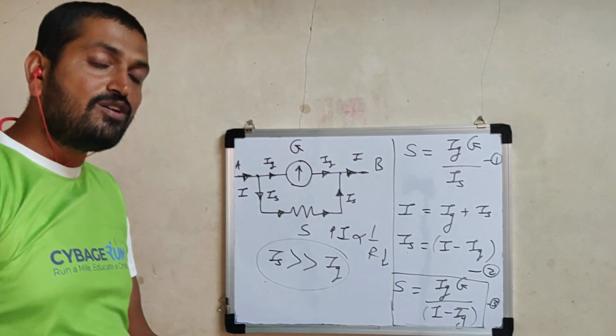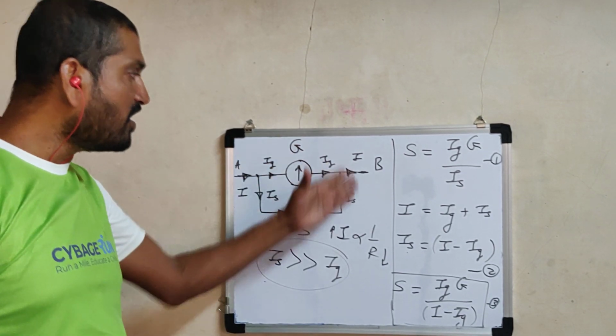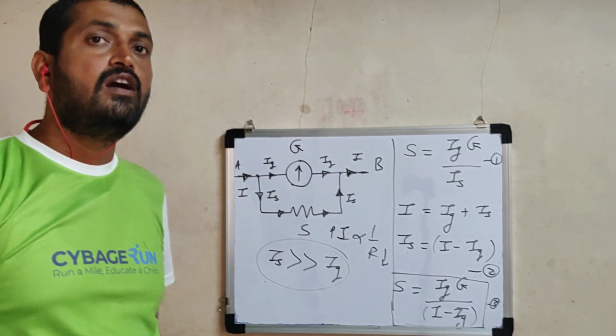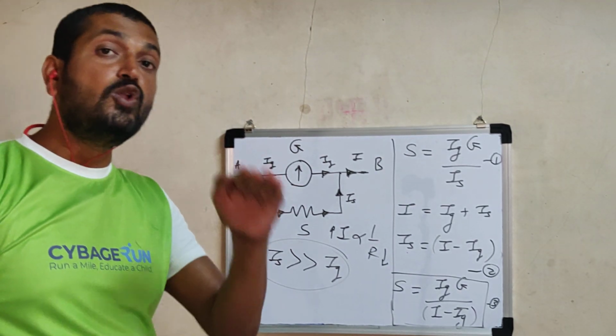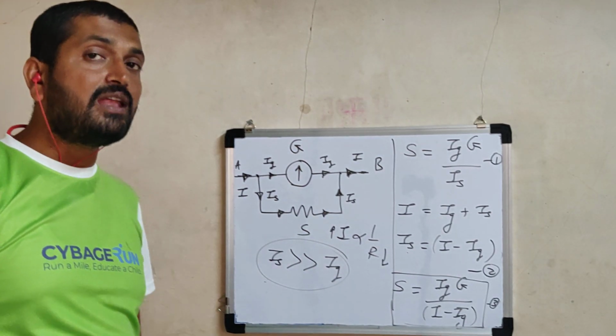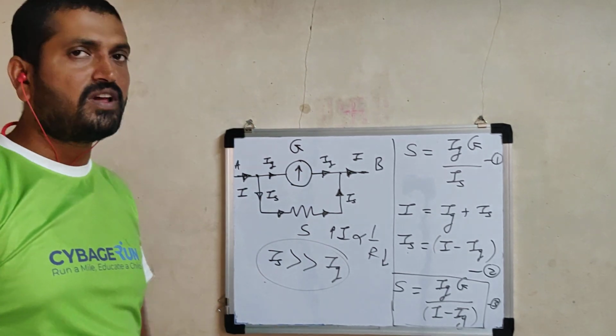Now any large value of current can be measured by means of this modification, and such a modified galvanometer itself is called an ammeter. Or an ammeter is also defined as a low resistance galvanometer. Always an attempt is made to reduce the resistance of the galvanometer so that a very small amount of current flows through it.